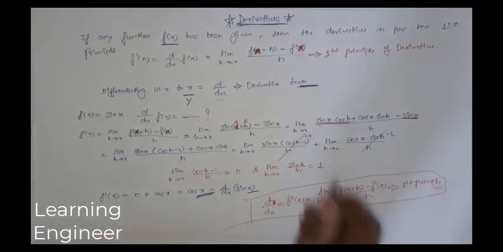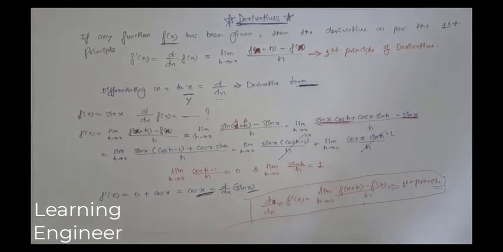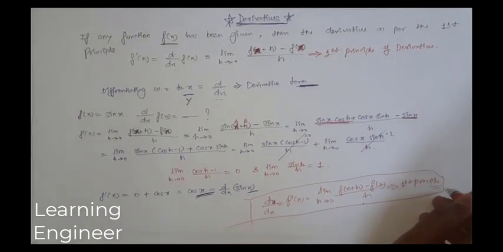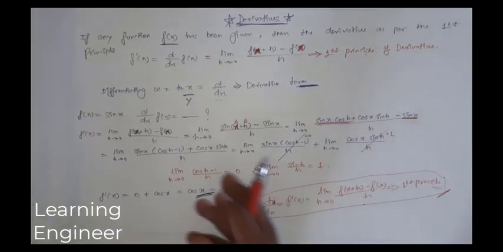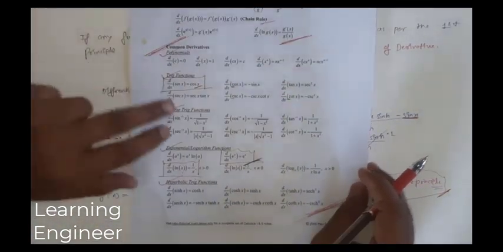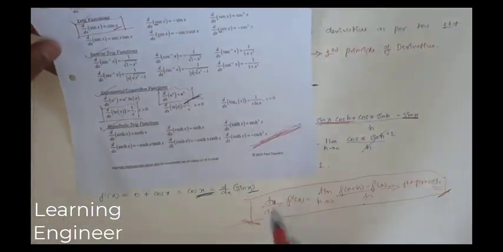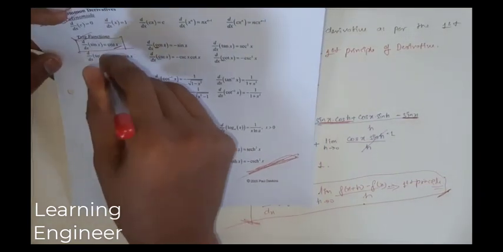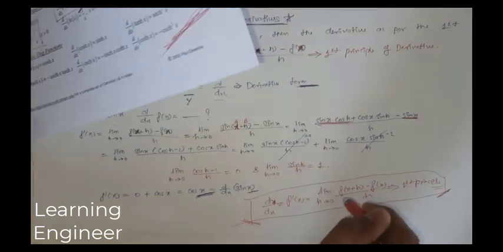This is the base concept behind the derivative. Once we understand this concept, on the basis of this first principle we can calculate all the derivatives. But we generally do not use this particular function, because we also calculate the derivative of complicated functions, so we will not be using this particular function. I have shown you some of the standard formulas, meaning the derivative of sin x is cos x. I have told you how we are getting the derivative of sin x, and from where we are getting it. That is what I have discussed over here in this particular video.